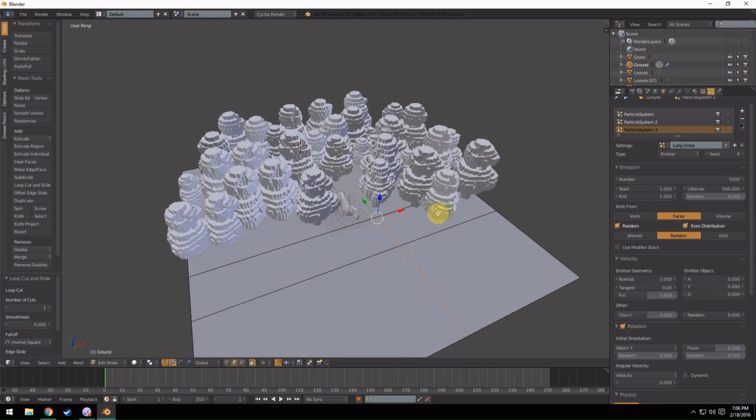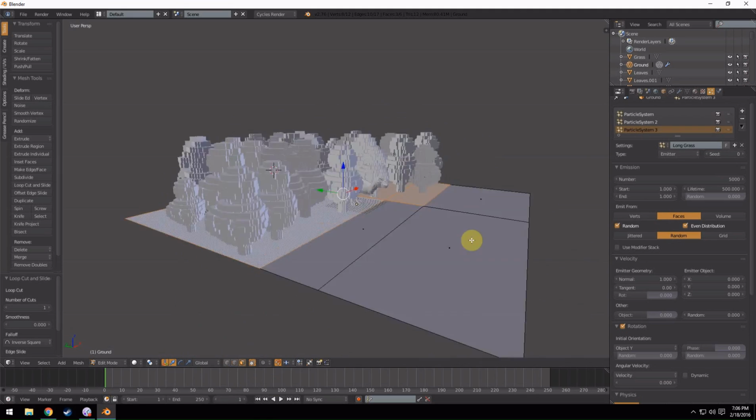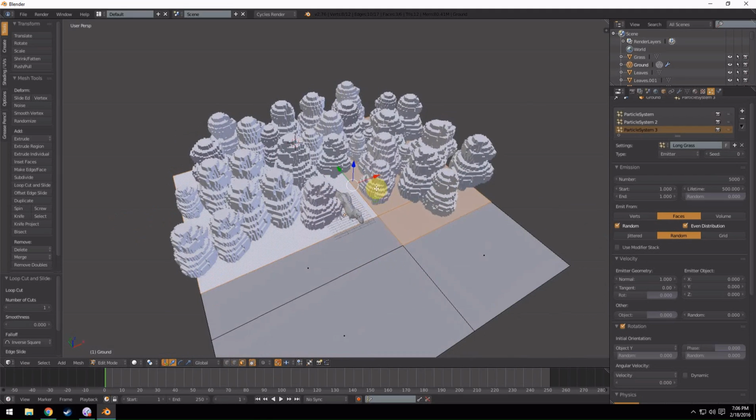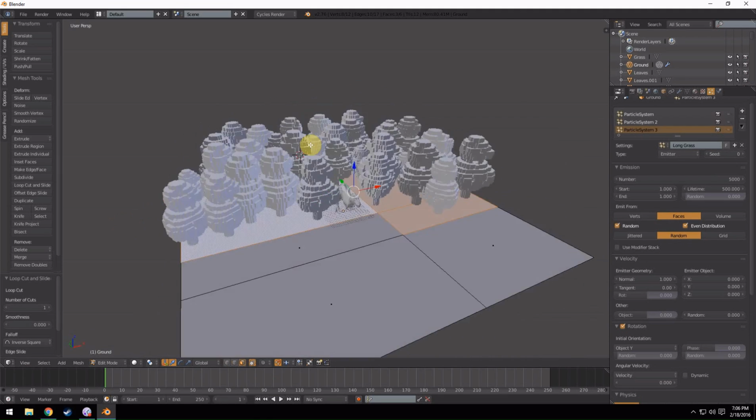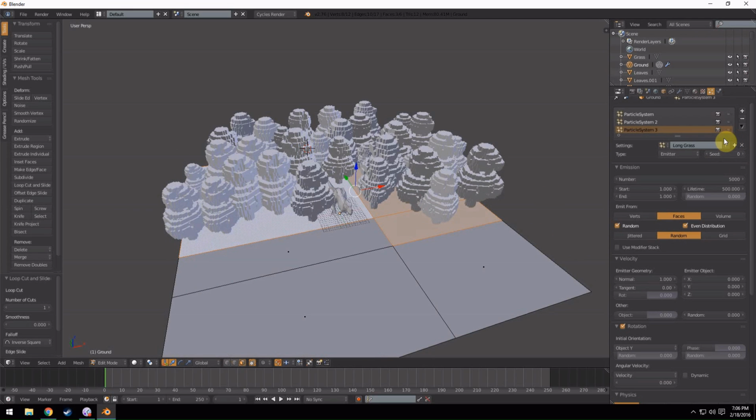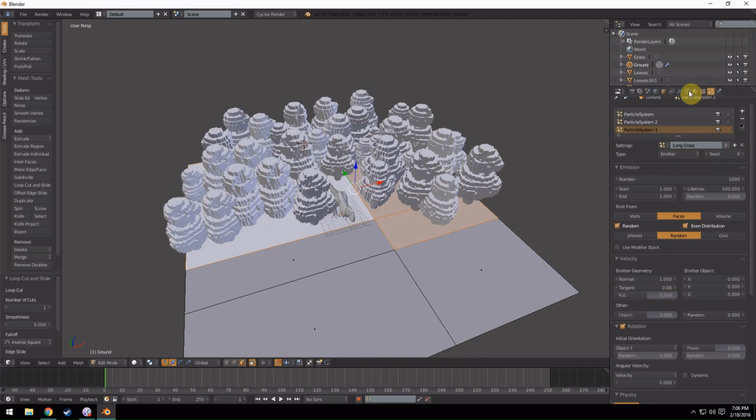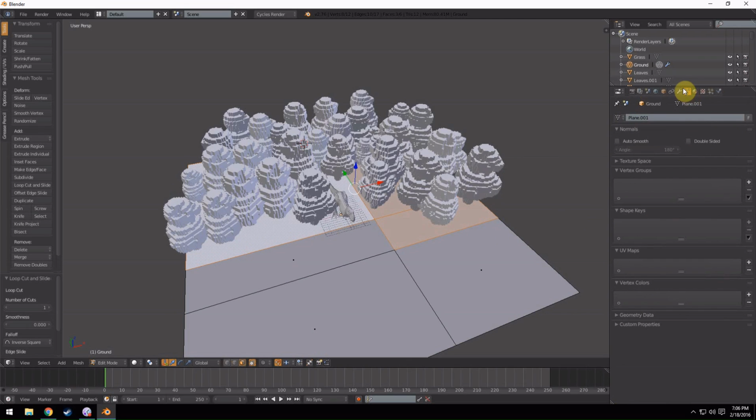So you can see here I'm going to select this L-shaped area. I'm going to leave this awkward L to be just the short grass. So that's how you want to divide it. If you have a forest or something, we'll go ahead and do that. The things I have selected right now are the things that are going to have long grass growing on them. So now if I go into the vertex group tab,